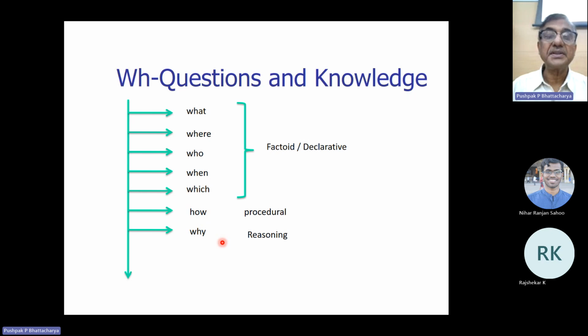And why questions are much more complex, because they require reasoning. When you do why, we have to do inferencing. In the background, resolution, refutation, forward chaining, backward chaining are involved. But our large language models these days are extremely good in answering these questions. And factoid questions are child's play. But the main problem is also to make them multilingual, for which you need training data from various languages.